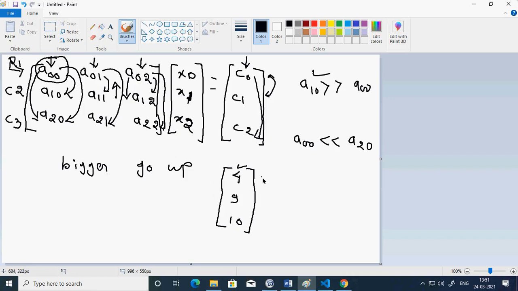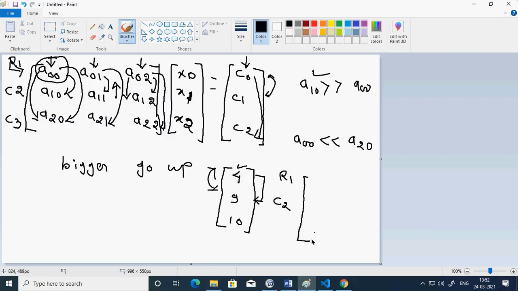So how do I do it? First I will compare this with this. This is my R1, the reference row, and this is my comparing row. When I compare these two, if I find that 9 is greater than 4, then I am going to swap these two values.